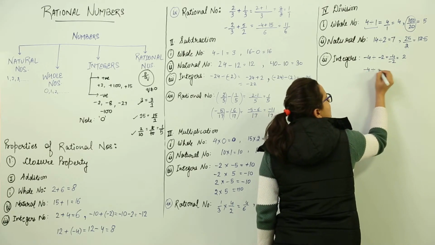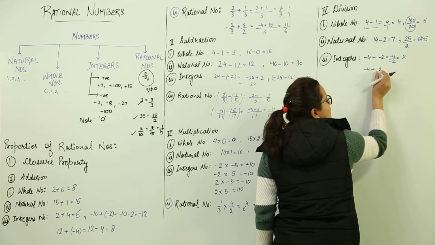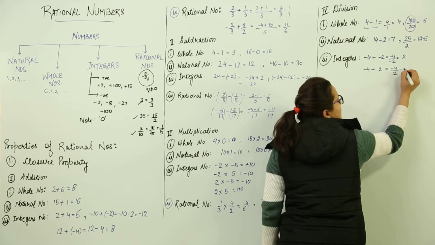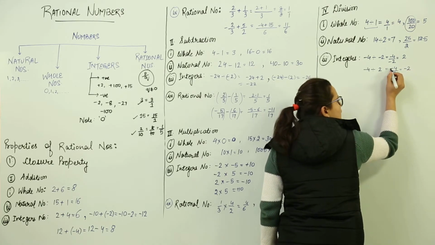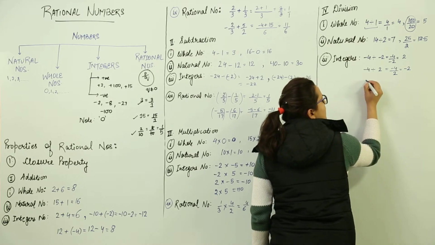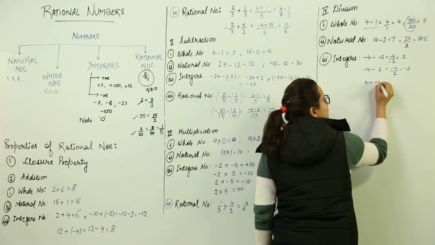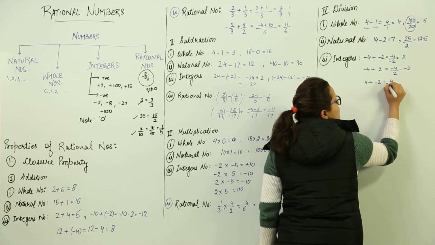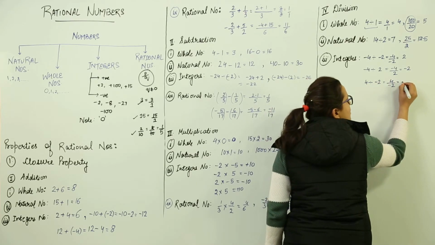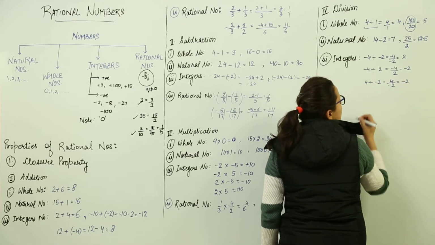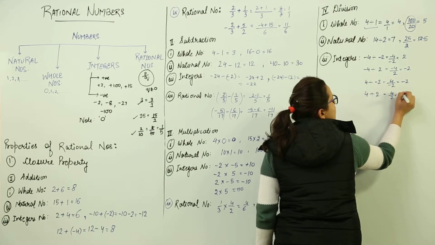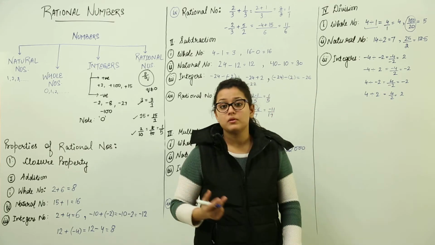Similarly, if you divide a negative integer by a positive integer, what would the answer be? It would be negative. Why? Because a negative divided by a positive gives you a negative only. You make this positive and the other one negative. Now what should you be getting? Positive divided by negative is also negative only. So you get minus 2. Now again, if you divide two positive numbers, that would simply give you a positive number.